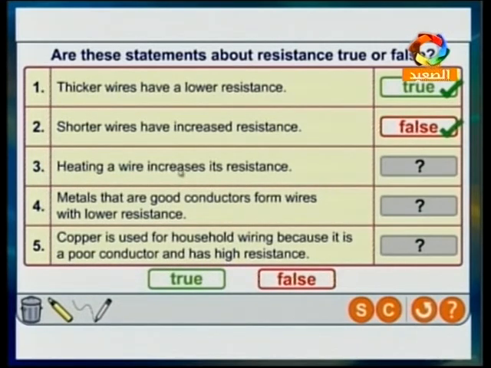After that, we have: heating a wire increases its resistance. It is very right. It is true. Why? Because the heat energy increases the resistance. After that, metals that are good conductors form wires with low resistance. True or false? Try to answer true or false and make the correction. It's very right. Why? Because metals are good conductors of electric energy, and they have the most amount